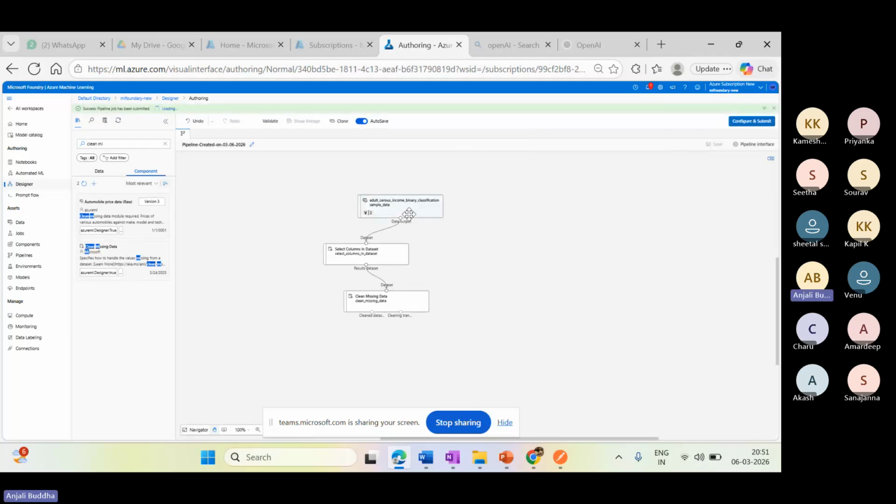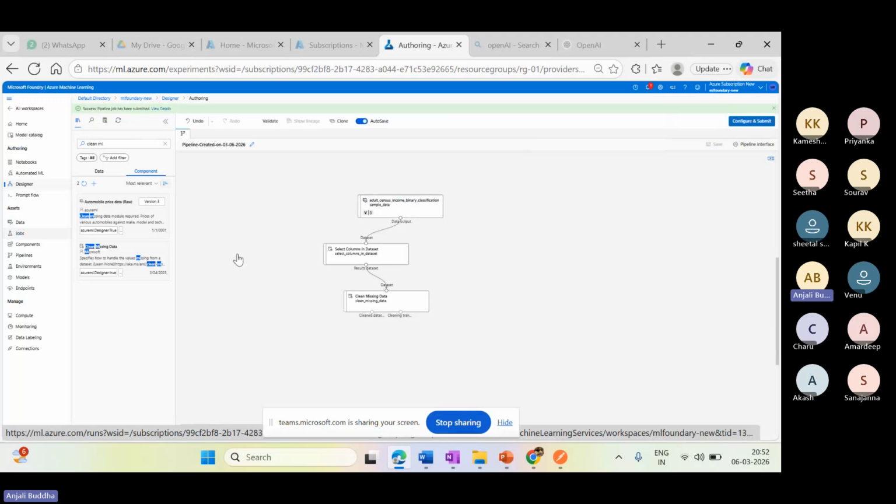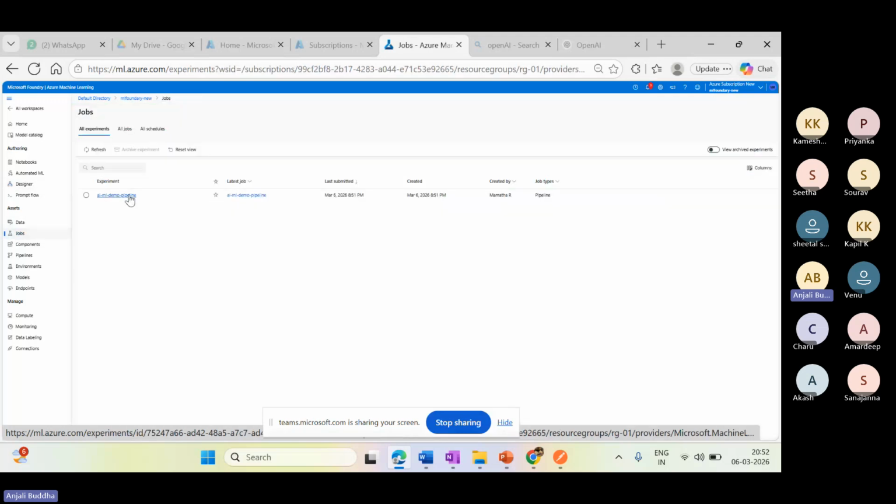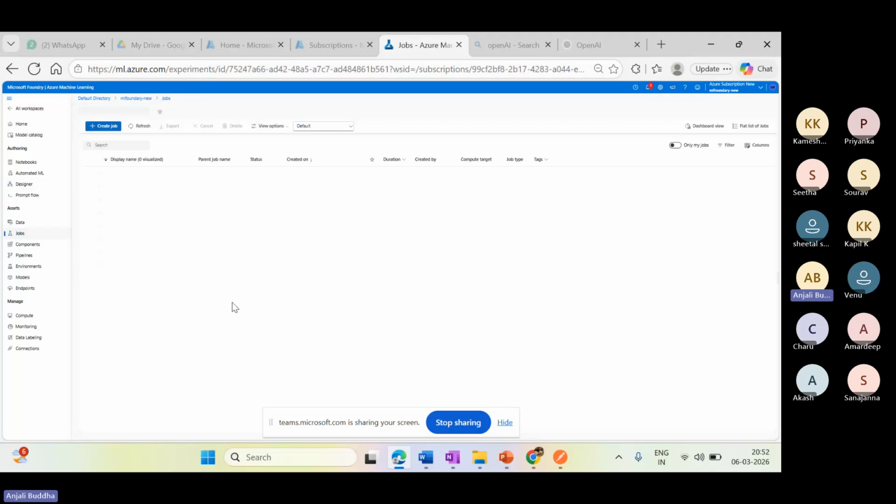See here, what exactly this pipeline is going to do is it will try to do these functions. Right now, whatever I have done is I just dragged the components into the workspace. But where exactly can you find this pipeline? Basically, you can click on this. If not, you can go to these jobs. Here, your pipelines will be running. So you can go ahead here and check your pipeline run.